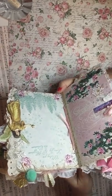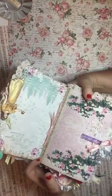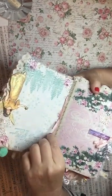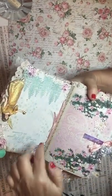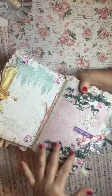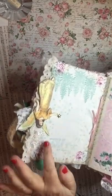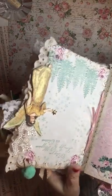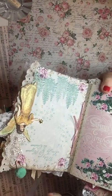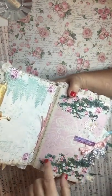And then this is the center. It has one signature, right? Yeah, one signature sewn in. I used this pretty pink iridescent ribbon to sew. This is the Graphics Fairy papers here, just beautiful. And then I've attached this three-dimensional angel, and she's got a star, and it says Joyful Christmas here, and then